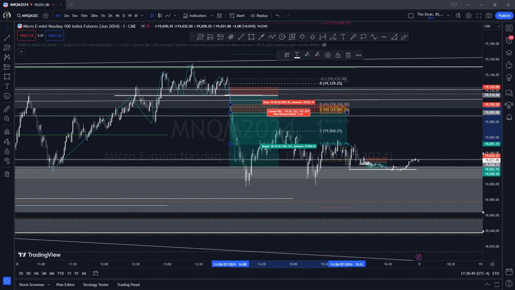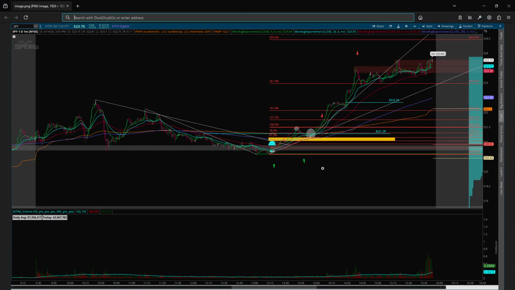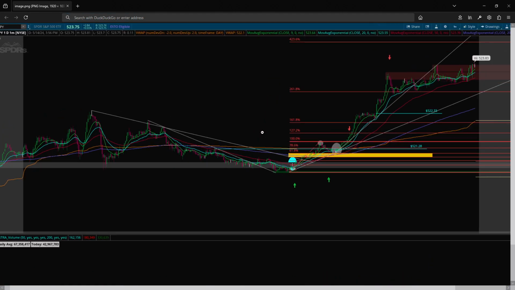Now, also, if you do use EMAs, this is another way to trade with them as double confirmation. This is a specific strategy that I've learned from somebody else, but you can see the EMAs, I use the 9, 21, 50, and then the 200, and then VWAP. So, zooming in as best I can,